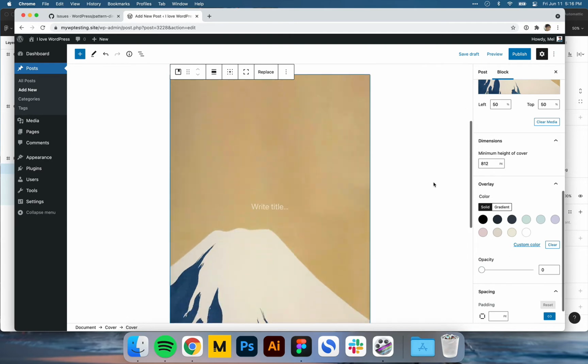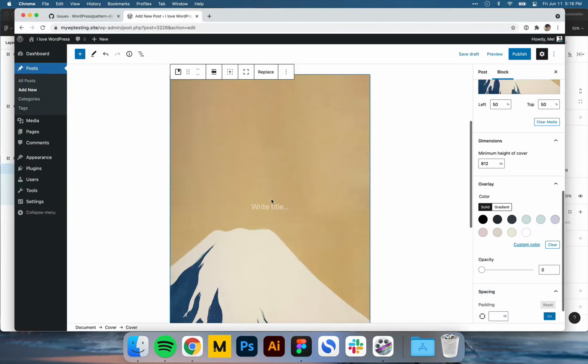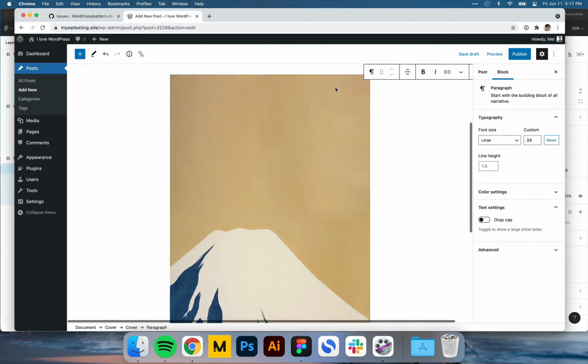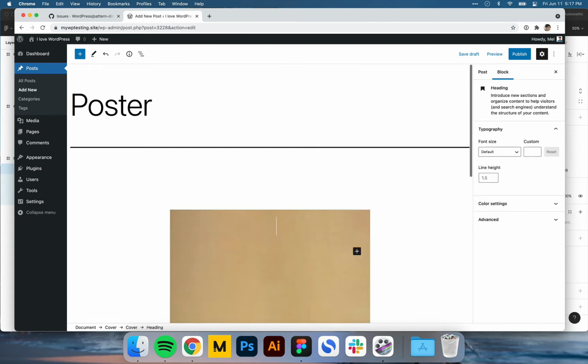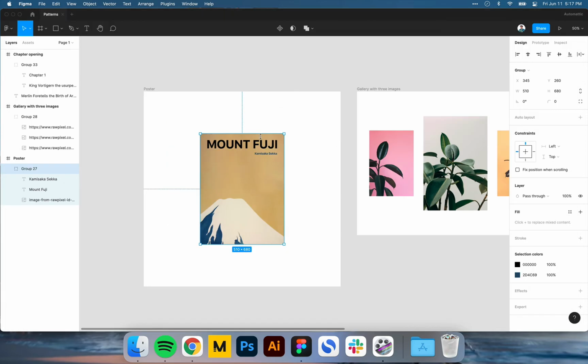So now that I've done that, I want to start adding the text. And so one of the things I love now about the cover block is being able to change the positioning of the text inside of it. So I'm going to do it top right, and then inside here, I'm going to be adding a heading, and I'm going to right align my heading.